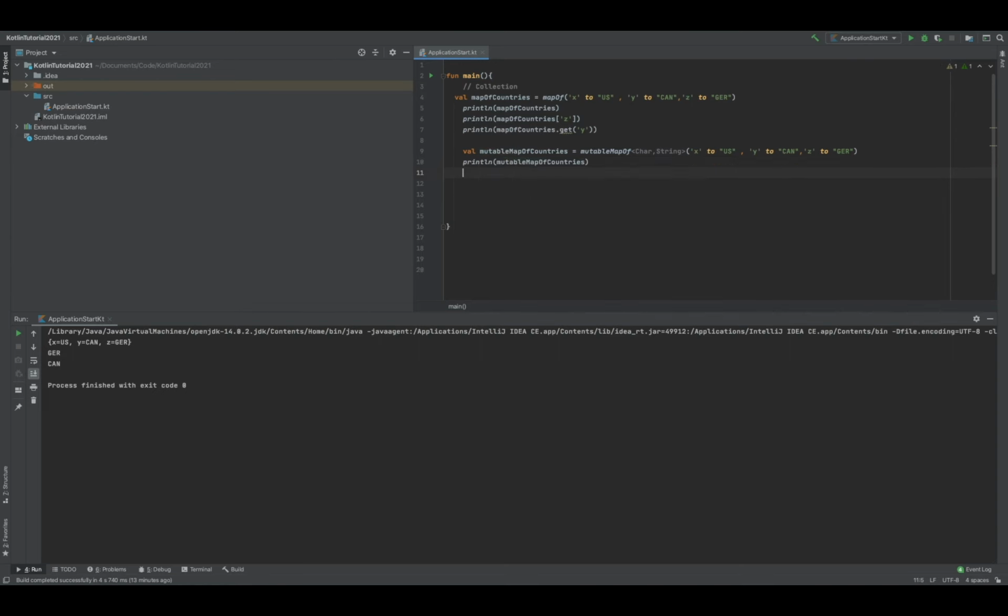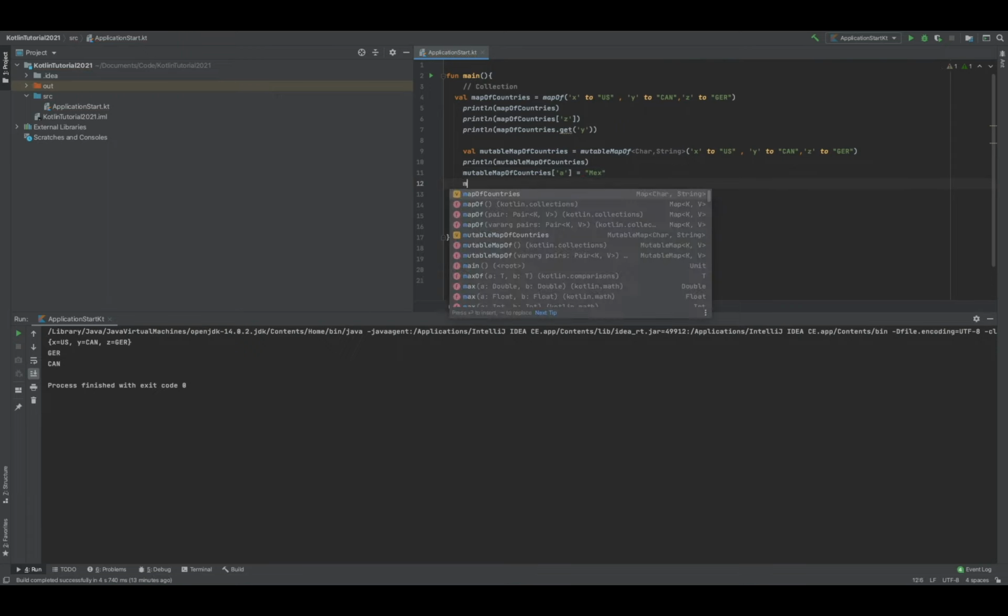So I want to start adding some more countries in, so let's just use mutable map of countries. Let's open up some square brackets, and we can specify the key here. So let's make this A for the key, and we're gonna make this equal to Mex for Mexico,